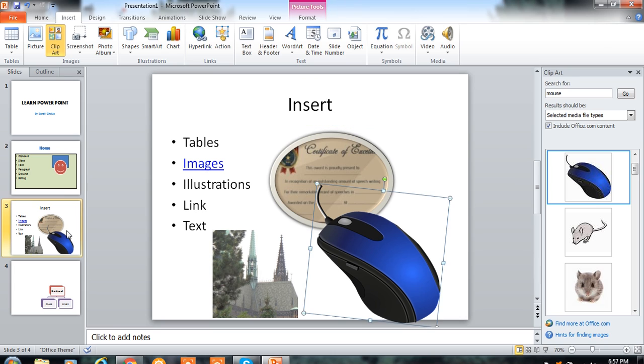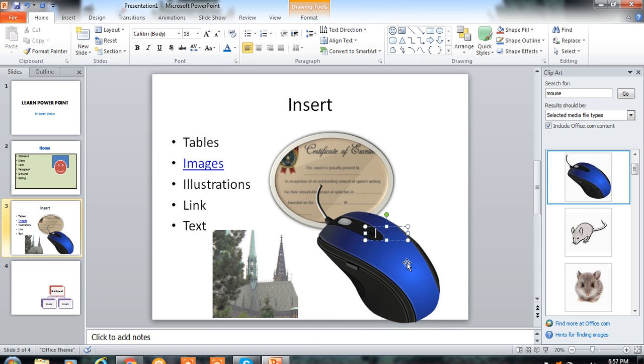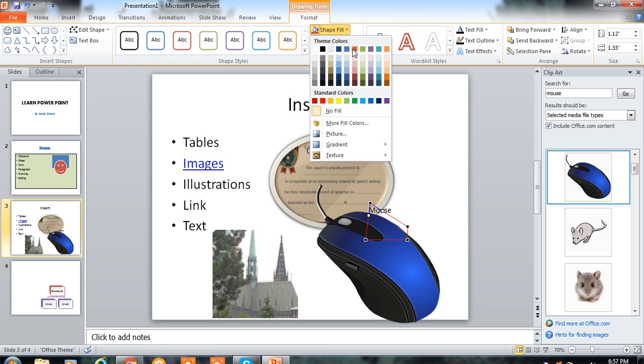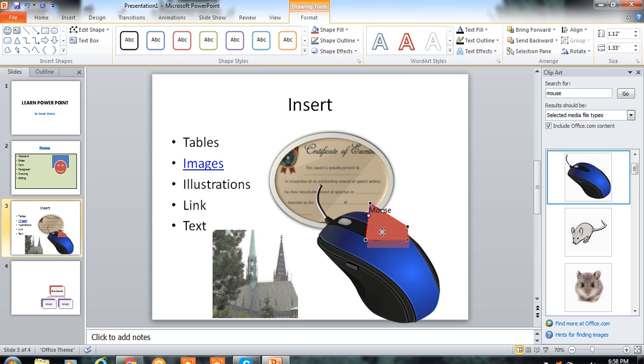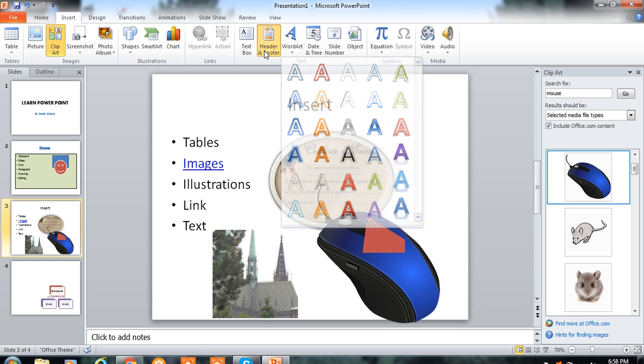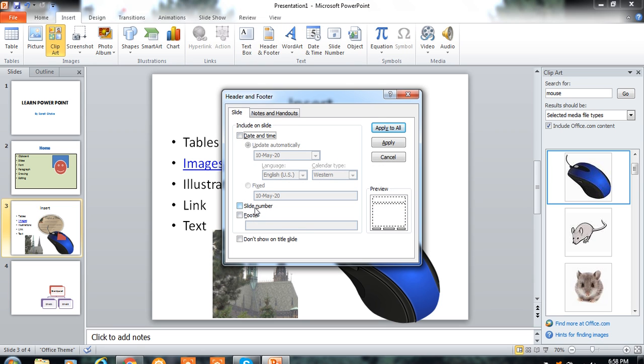Suppose you want to write something on your images, then at that time you can use the text box, or for simply writing you can use the text box. You can type any text into this. You can change the options, edit the shape, you can edit the points. Suppose you want to change, okay, you can shape fill by using the different options. Okay, you can use this type of options by using insert. You can give the word art to this, or you can apply the date and time, slide number, footer